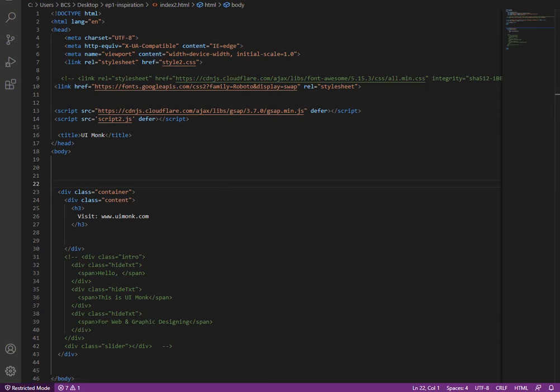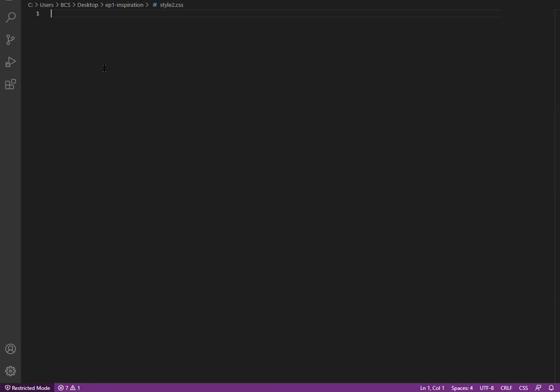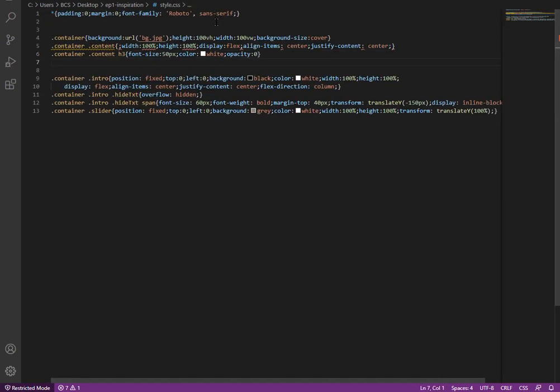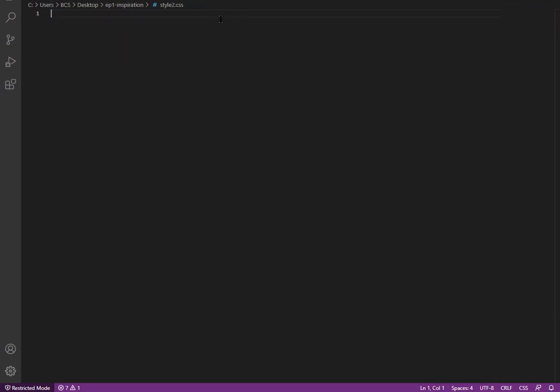Now we are going to style in style2.css. For all the elements I want padding, margin, and font family to be Roboto. Fine. Now we have container.